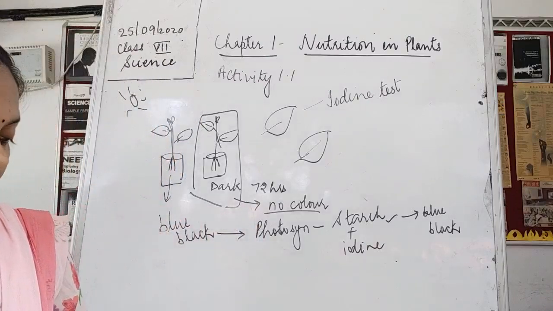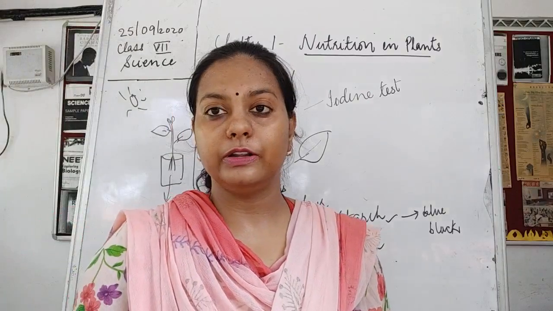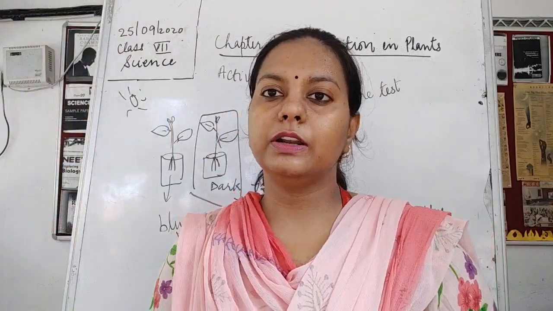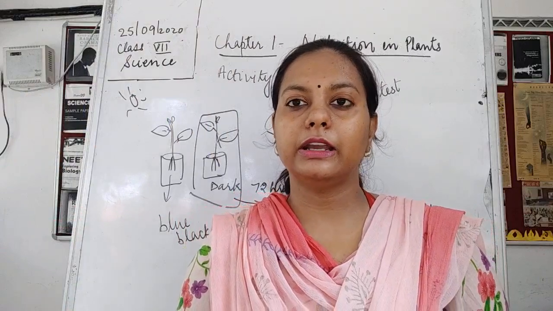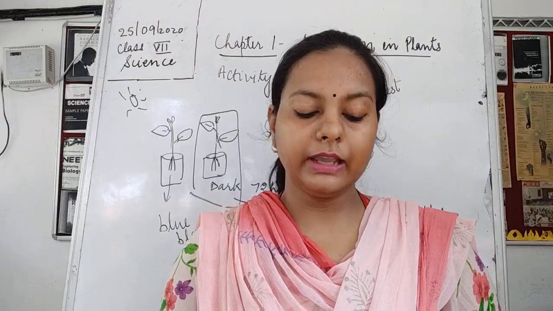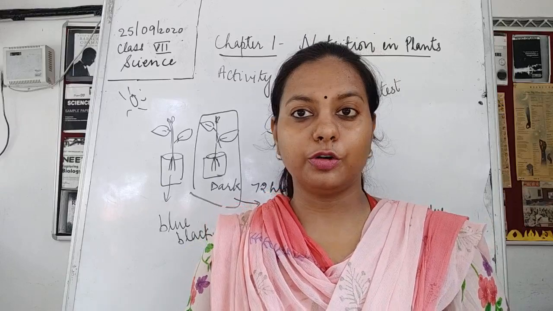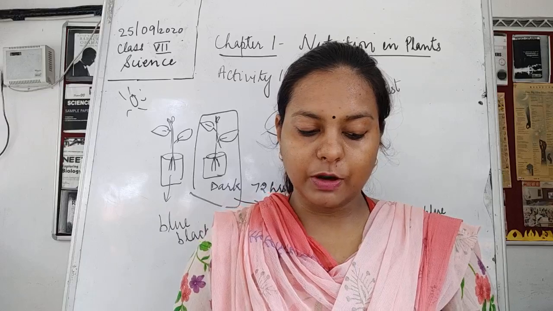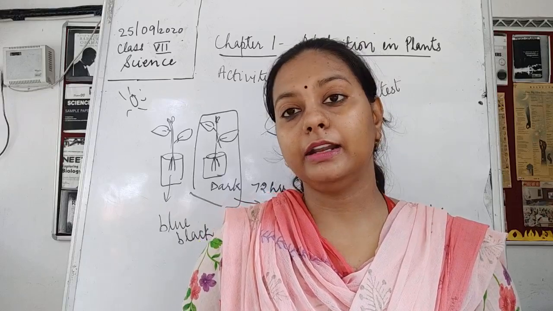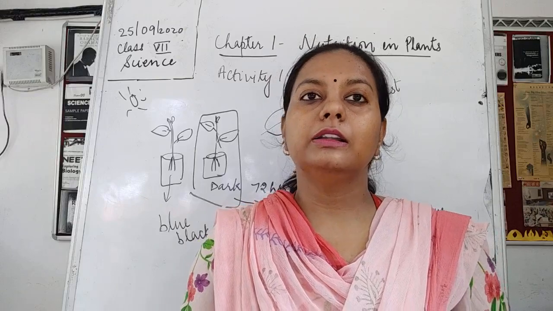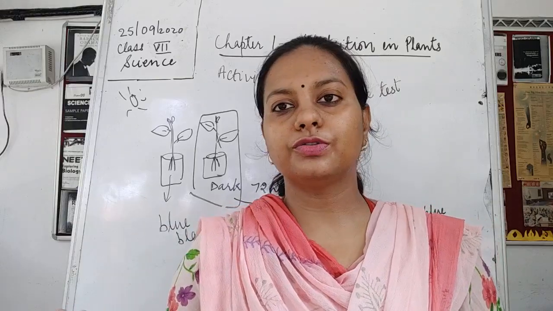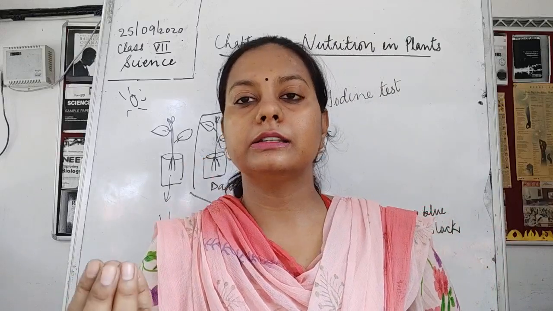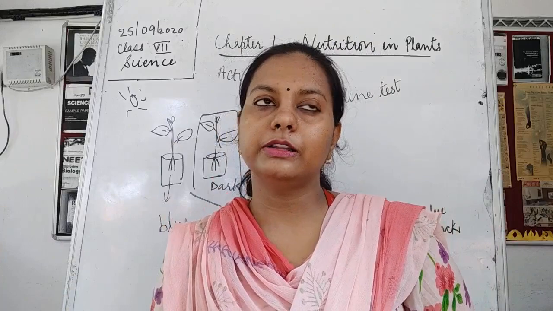Okay, now the leaves other than green also have chlorophyll. This is the answer to the question which I asked you yesterday, whether the plants with leaves other than green in color have chlorophyll or not. So yes, it is true that they have chlorophyll. A large amount of red, brown and other pigment masks the green color. As you can see in rose plants, the plant is red in color, and after some time it gets converted to green.